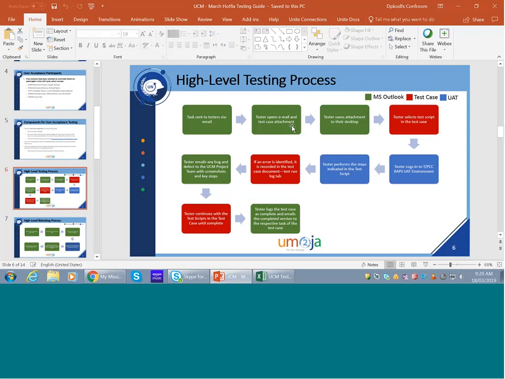You'll be able to open the email and the test case attachment. The testers will then save the test case Excel file to your desktop. You'll run the test scripts in the test case. If you experience any issues as you're going through in the UAT environment to perform each of the steps indicated